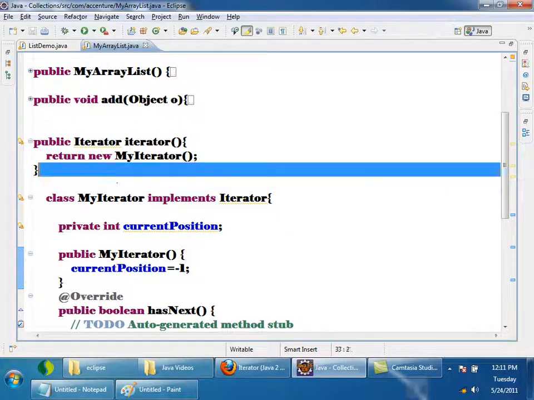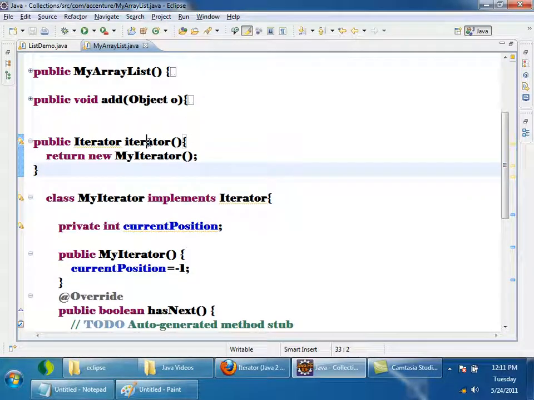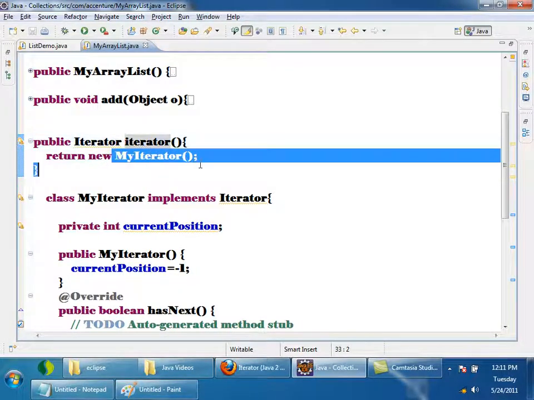Whenever I call the iterator method on the list, I get an object of the iterator, which has a variable whose initial value is -1.